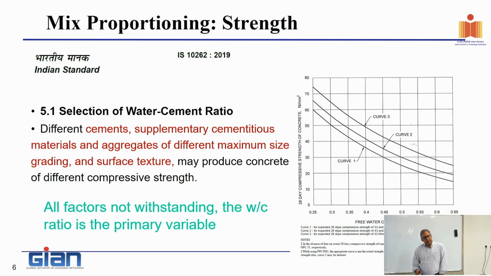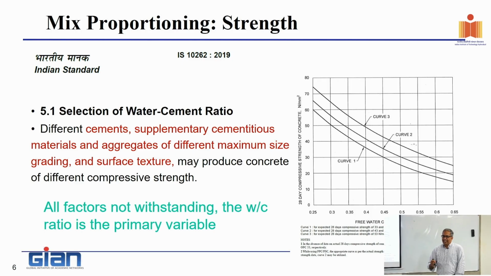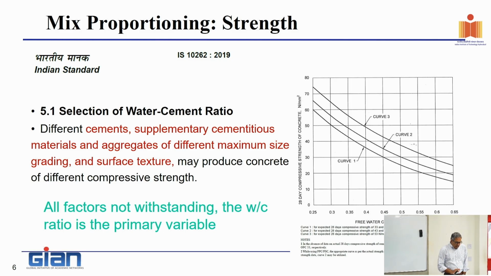They give it as a master curve with enough riders there saying that you have to test this and establish this curve for your own cement type, right? But generic behavior is this, that we expect that we would see a decrease in the strength with the water to cement ratio. That's expected from the cement paste.